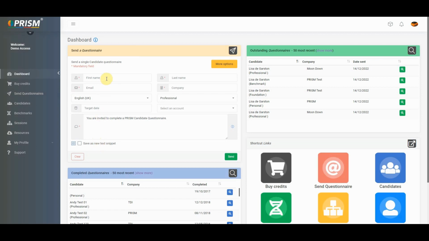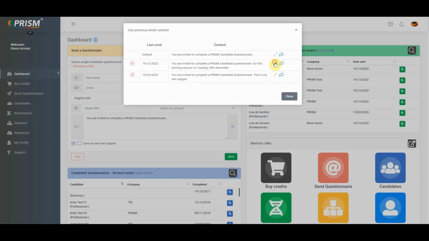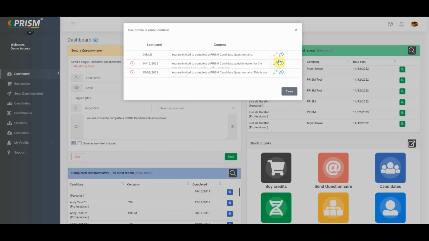Fill in the required fields, click Save as New Text Snippet, and when you press Send Questionnaire, you have your system notification, but also the next time you want to send a questionnaire with the same text, have a look here, and you can see here are your saved text snippets. This is the default one and can't be deleted, but you can delete these ones.